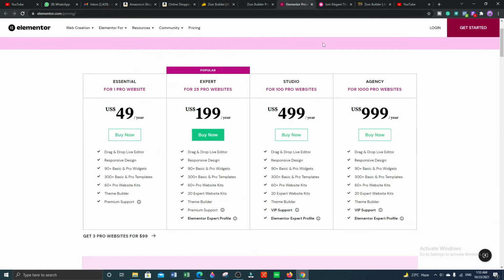If you are using Elementor, Divi theme, and any other tool regularly, you know how much you are paying and how much you have to pay going forward. But with this tool, you pay just one time and have all the access for lifetime, right?